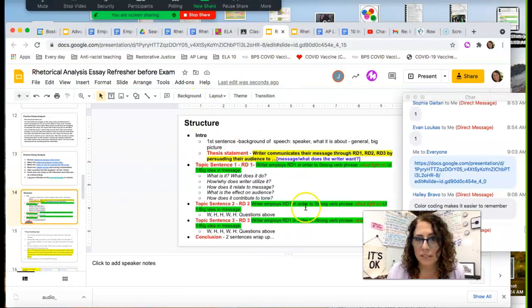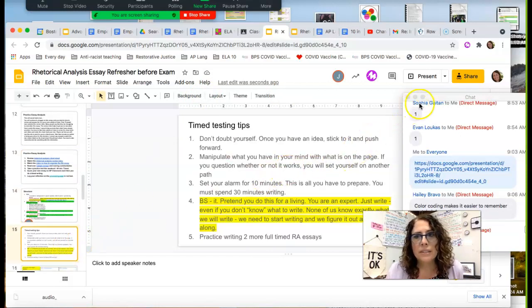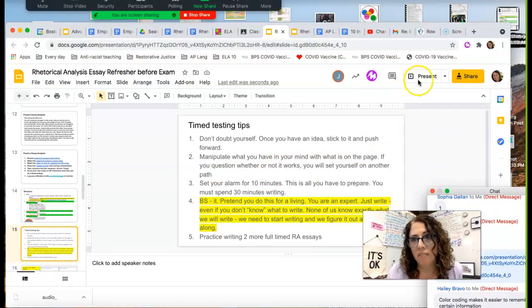Again, this is the structure. Everything that goes in a paragraph, that's it, just these questions. Some timed writing tips that sound pretty obvious, but I've learned over the years,